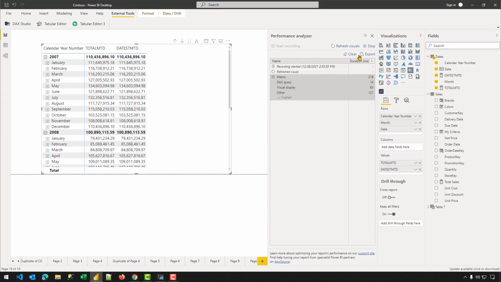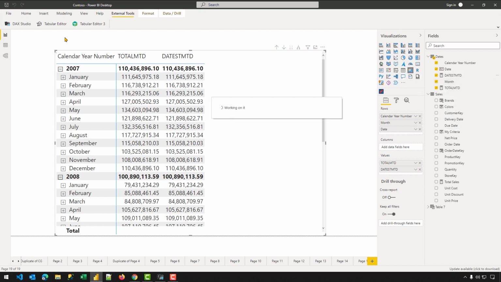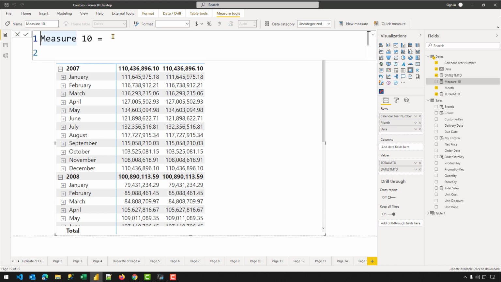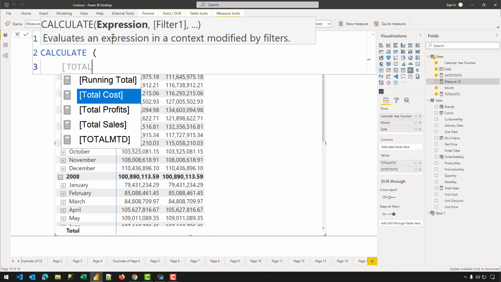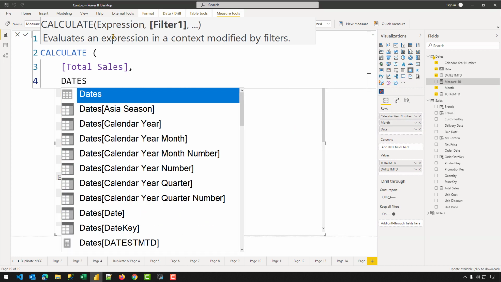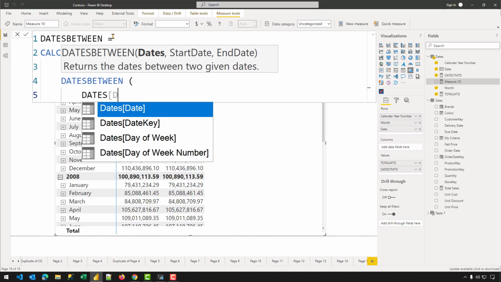So let's go to Power BI and let's get rid of everything, and we're going to create a new measure, and let's expand the editor. Let's name it as dates between, and the code will be a calculate over the total sales measure. Then we have dates between. In the first argument, dates between needs the date column.